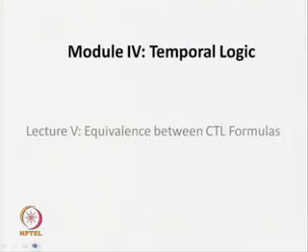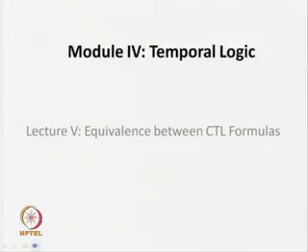Okay, till now we have seen about temporal logic, and we have particularly discussed one kind of temporal logic which is called CTL, computational tree logic. Till now we have seen what is the syntax of CTL and how to define the semantics. While defining the semantics, we need a model, and the meaning of those CTL formulas will be defined over a model which is basically known as your Kripke structure.